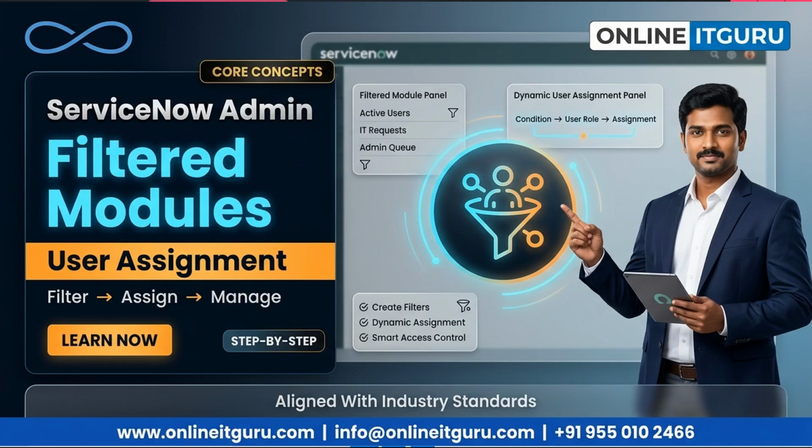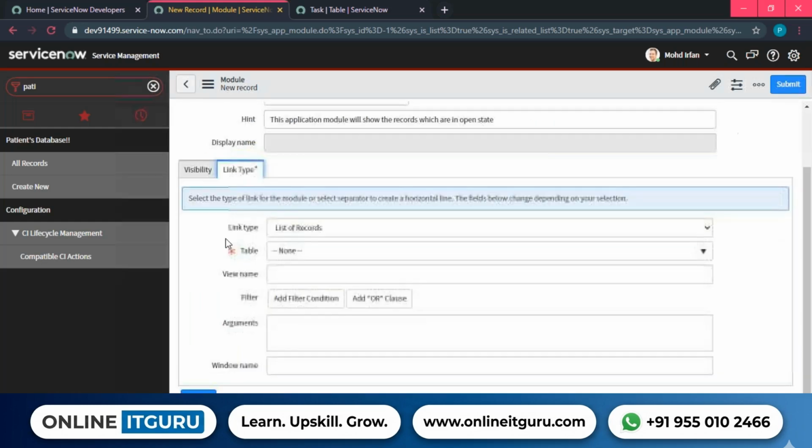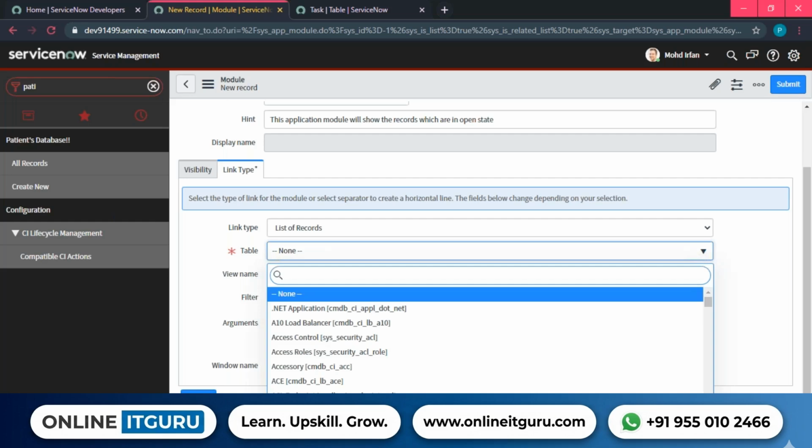Module will show the records in, let's say, which are in open state. Okay, and I'm going to go onto the link and I'm going to provide the list of records of which table, and I'm going to say so